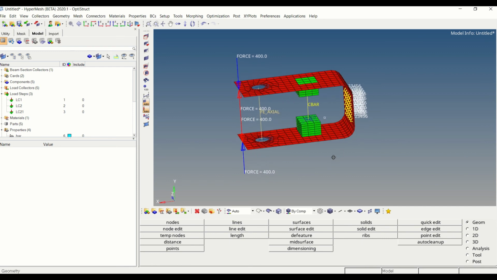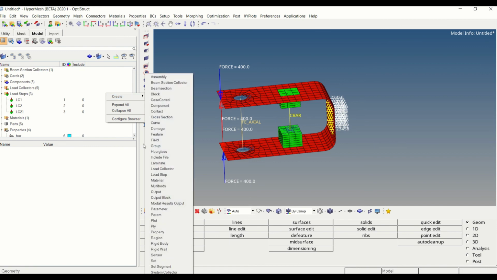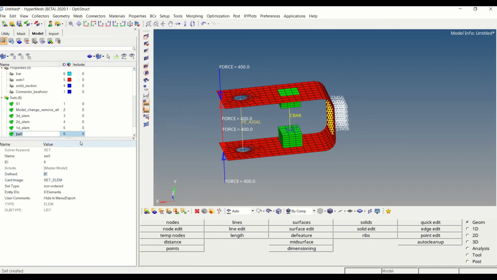Now let us see an example of adding or removing rigid elements. For removing or adding the rigid element, we need to create the rigid set first. So creating the rigid set first, let us give the name as rigid set.